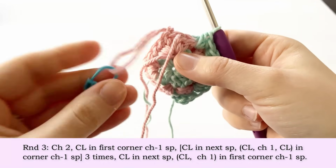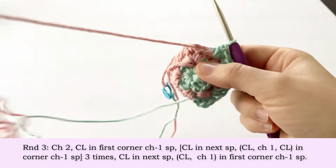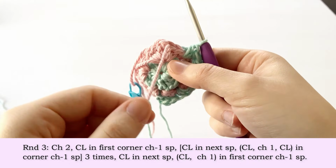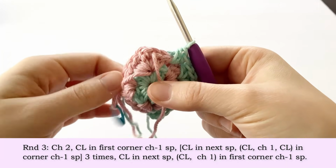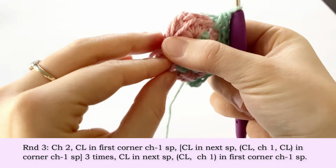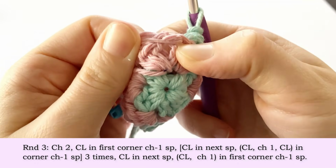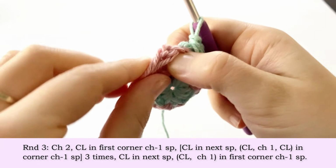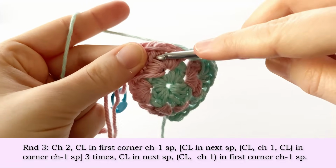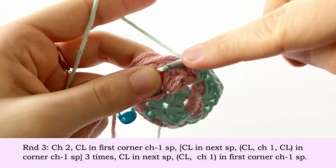And now we see that there's color B here. We have our loop and we have our working yarn. So just like before, guys, we are going to make sure that our working yarn and our loop is at the front of our granny square, and we're just going to bring it over to the left so that we can see our corner chain one space. So working into our corner chain one space, we're going to make our first cluster,